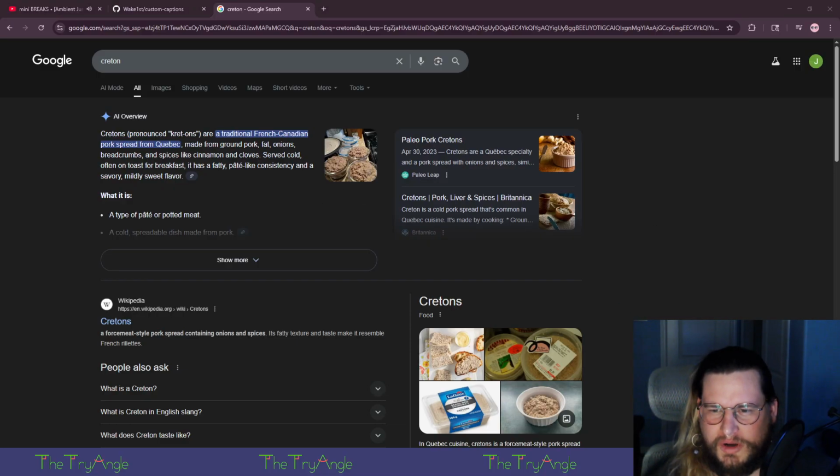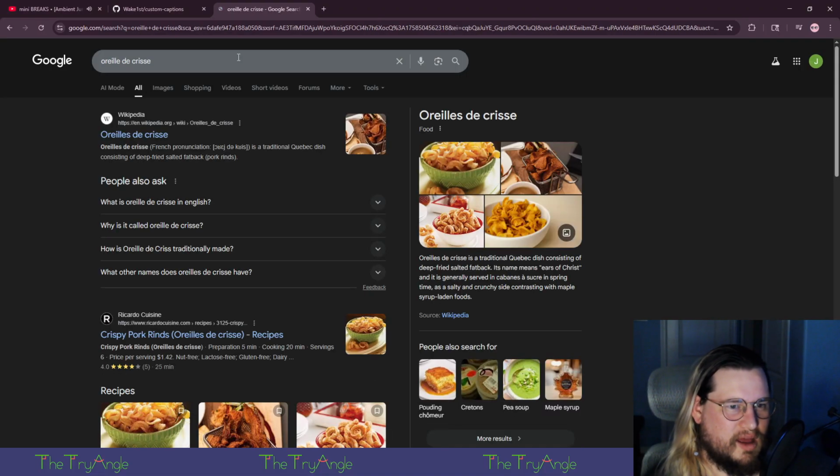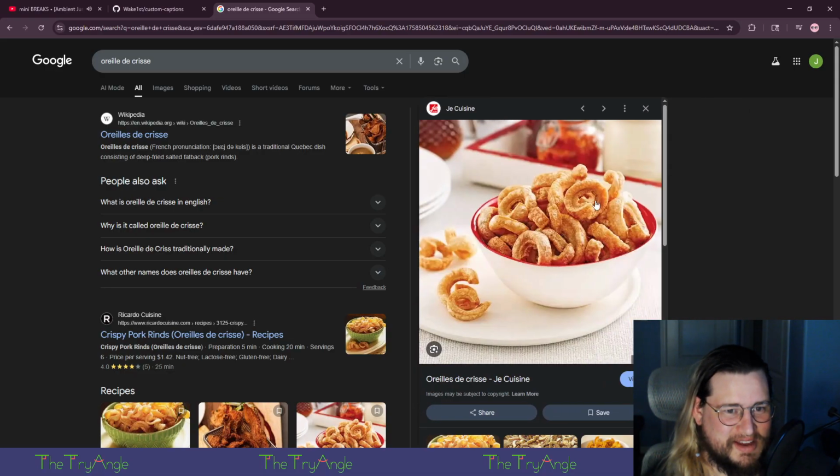There's all these new words I'm learning today. What the hell is this? The ears of Christ. Jeez. Why would you call it that? That looks delicious.